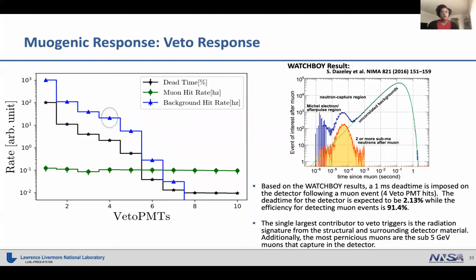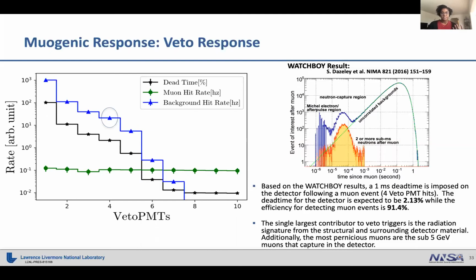We want a veto limit that is ideal so that you can reduce how many muons you see in your detector, but at the same time isn't triggering on noise. Previous experiments used a veto PMT hit rate of about 4 PMTs as their trigger. We can actually go as far as using 8. Regardless, this still gives us about 100%